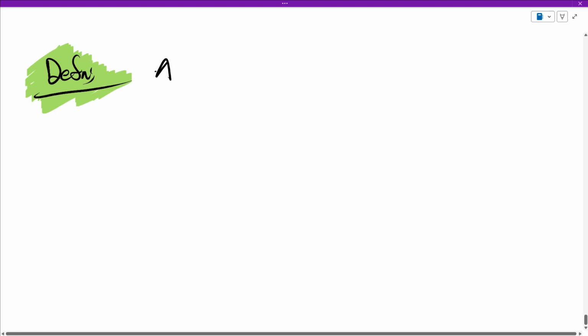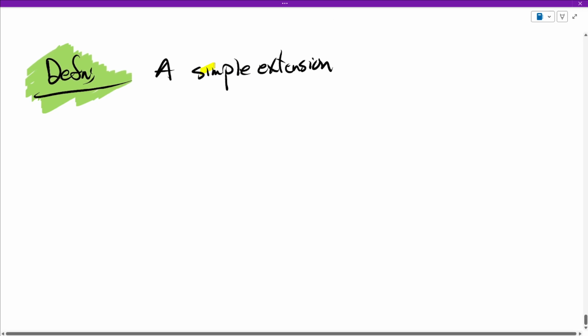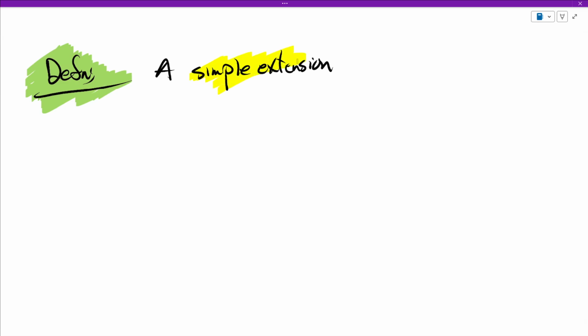All right, we're going to put a name to some of the field extensions we've seen. So the new term here is a simple extension. So what is a simple extension? Well, it's the simplest type of non-trivial extension. A trivial extension, of course, being something like Q is a subset of Q, where a field is a subset of itself. So a simple extension is a field extension